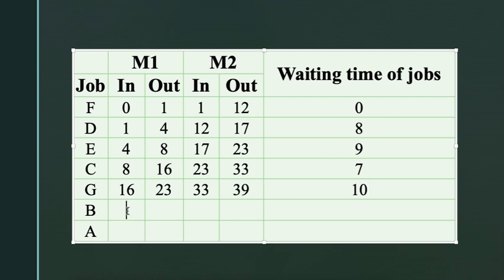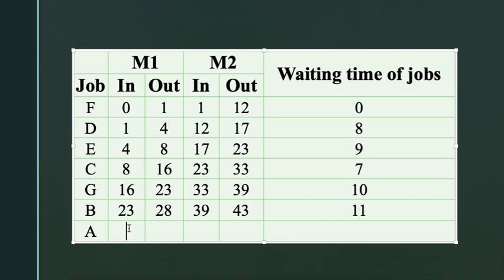Now here job B, 23 will be the end time, and how much time does job B take on machine M1 to process? It takes job B 5 hours on this machine, that is 23 plus 5 is how much? 28, right? And here we have 39, and how much time does it take on machine M2? For job B it requires 4 hours, that is 39 plus 4 is equal to 43. Now see the difference here, 39 minus 28 will be the idle time here, or waiting time. So it is how much here? It is going to be 11 hours.